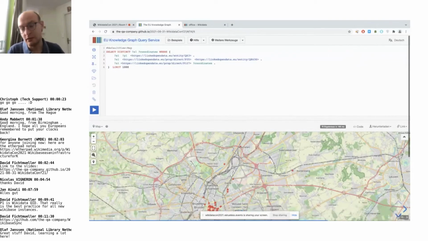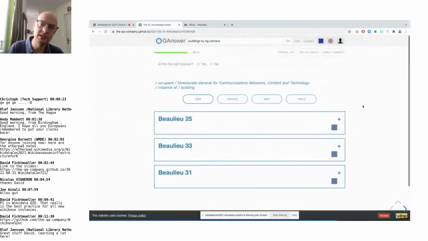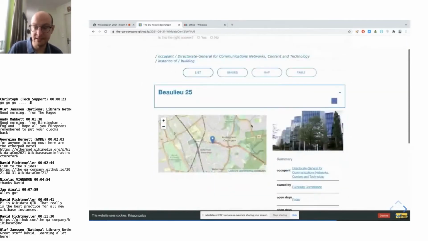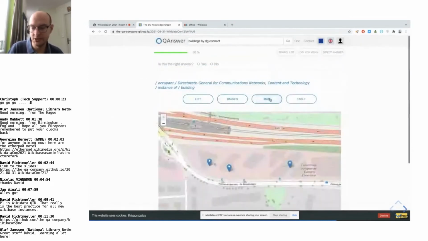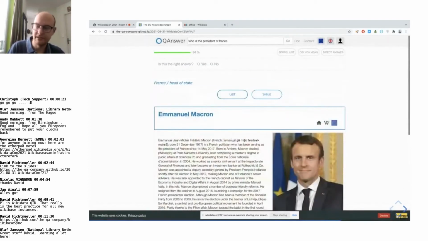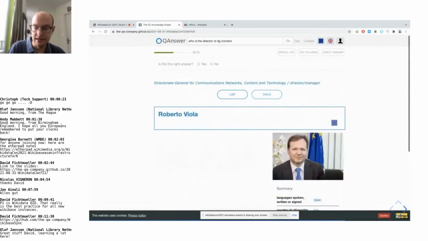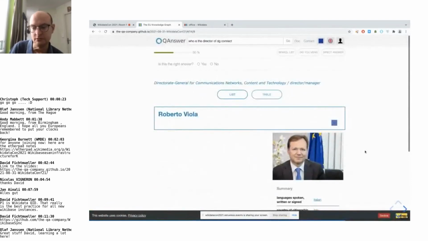And we also offer a question answering system on top of this graph. So for example, you can ask for buildings by DG Connect, and what we do is try to construct out of this natural language request a SPARQL query that gives back the answer. And in this case, you can explore the buildings in different dimensions. You can ask something like, who is the president of France, or who is the director of DG Connect? And all this data is coming from the EU Knowledge Graph